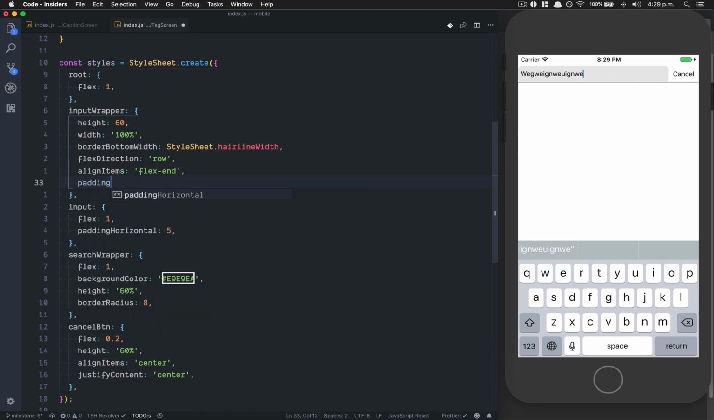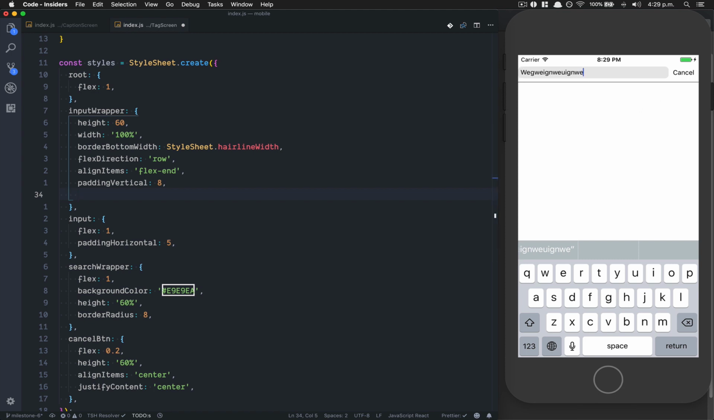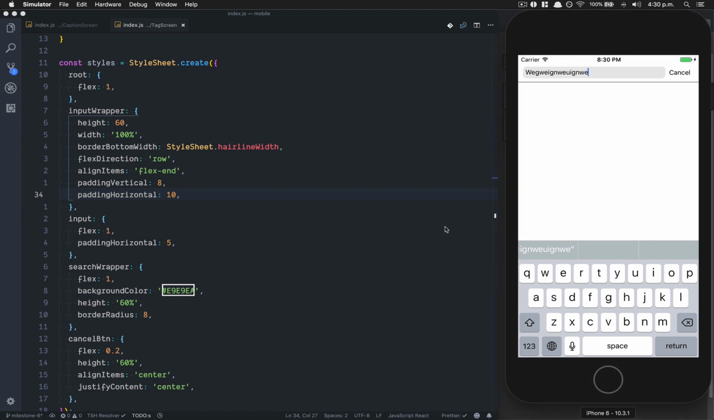I think I just delete the padding vertical, huh? So it's 8, perfect. And also, I want to make sure that this thing doesn't touch each side. So padding horizontal of 10. See, they get bigger, closer. Remember, vertical is top and bottom, horizontal is left and right. So now we have something that looks like what we need, but now the search input